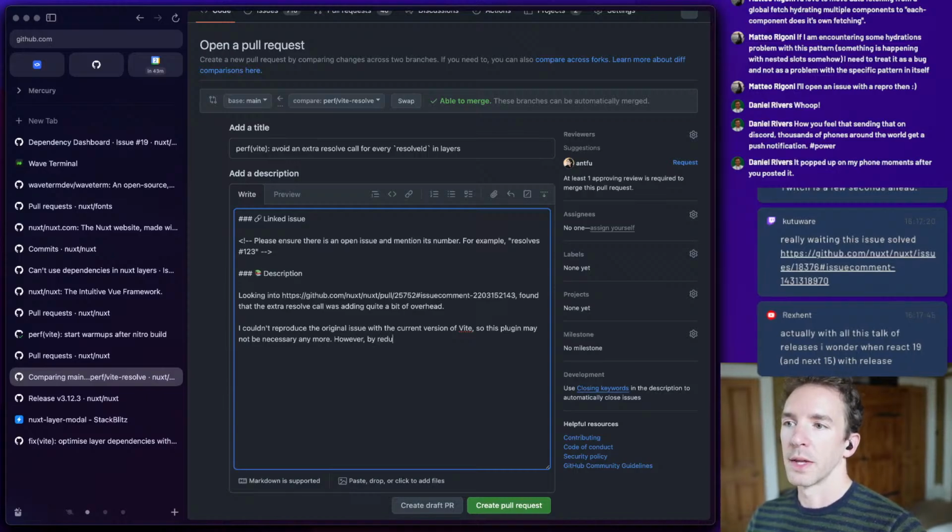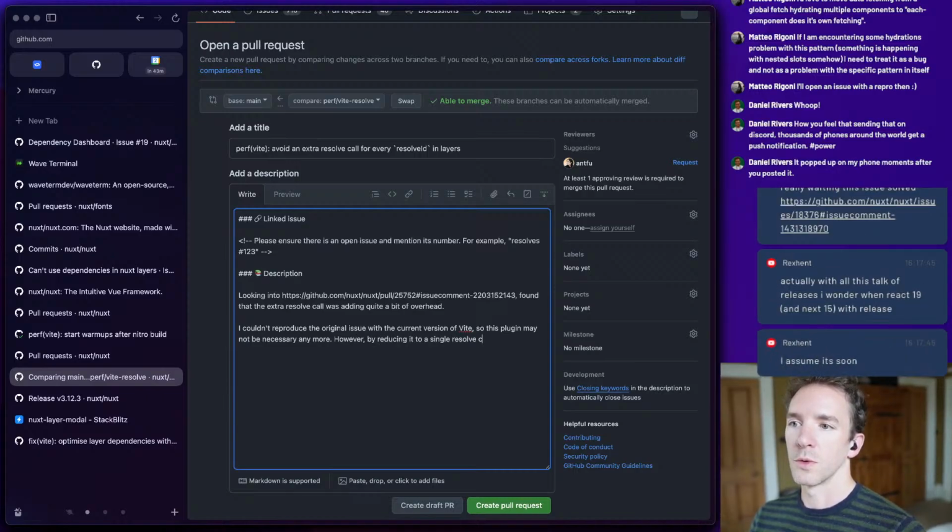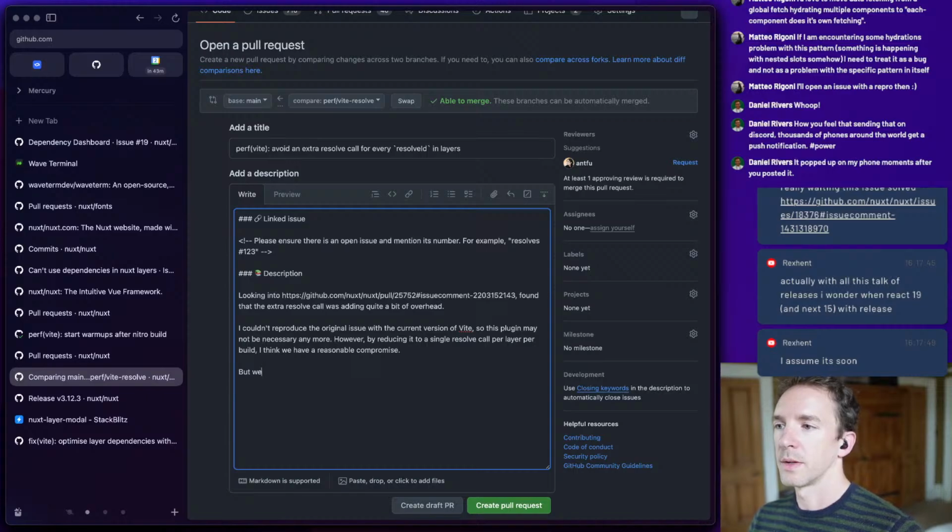However, by reducing it to a single resolve call per layer per build, I think we have a better, reasonable compromise. But we might move entirely in the future.